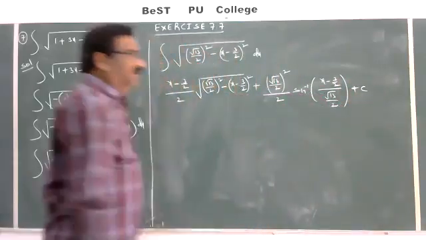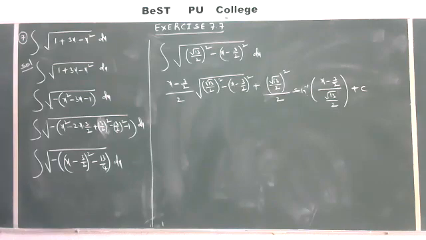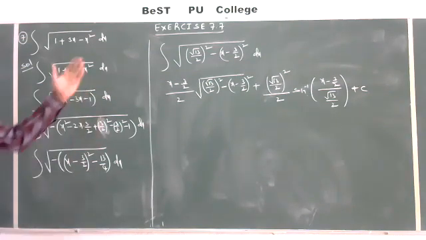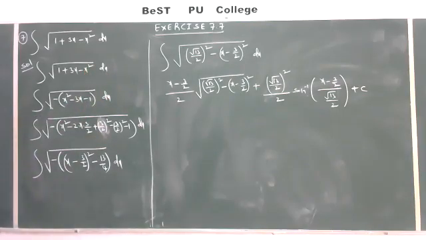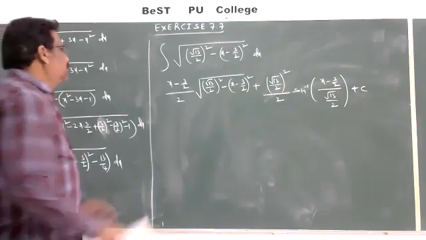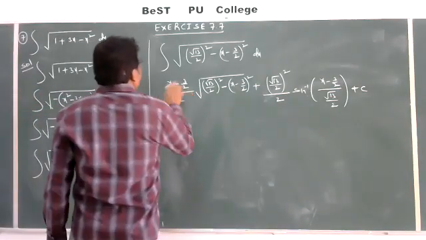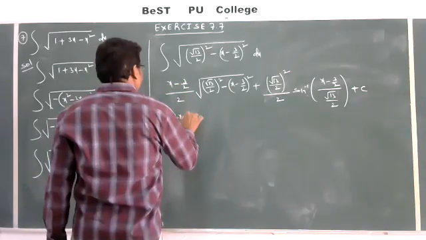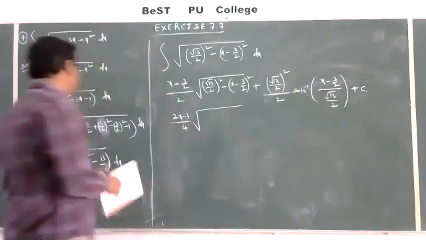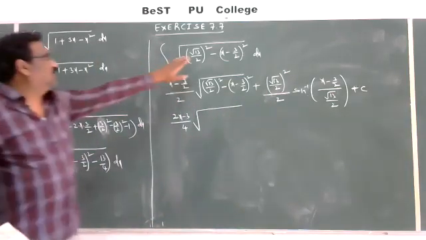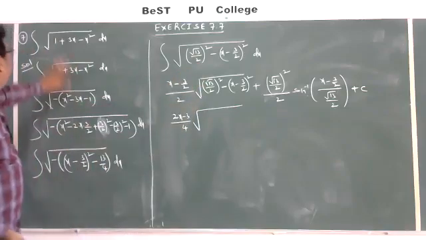Write carefully by using the formula. So what is the formula? Integral root of a square minus x square, x by 2 into root of a square minus x square. What is a here? What is x here? That is a is root 13 by 2 and x is x minus 3 by 2. Then simplify this, 2x minus 3 by 4 into root of. So this value is directly equal to this value.